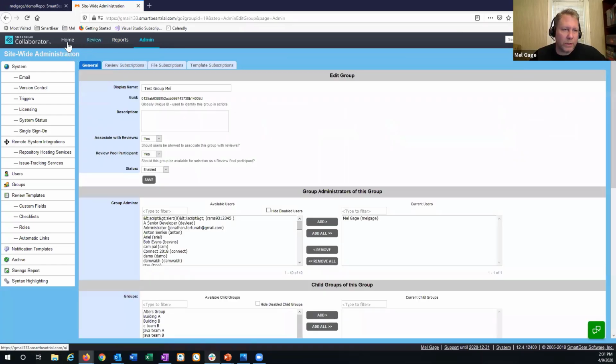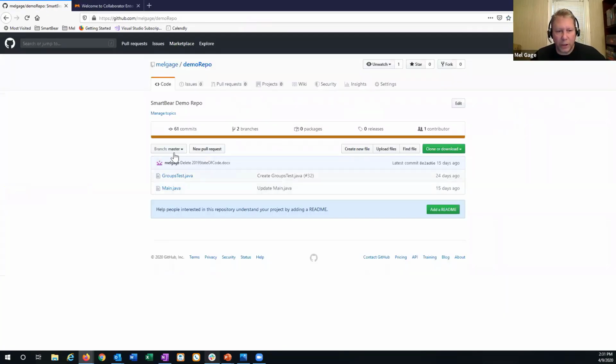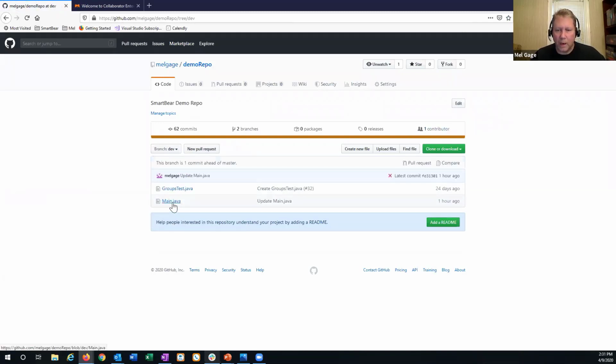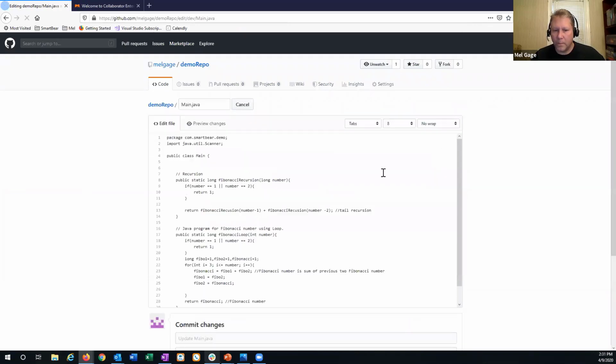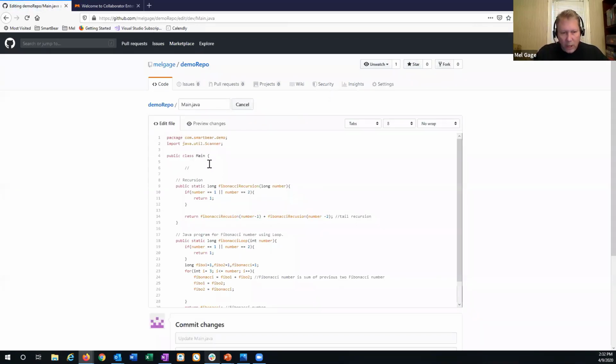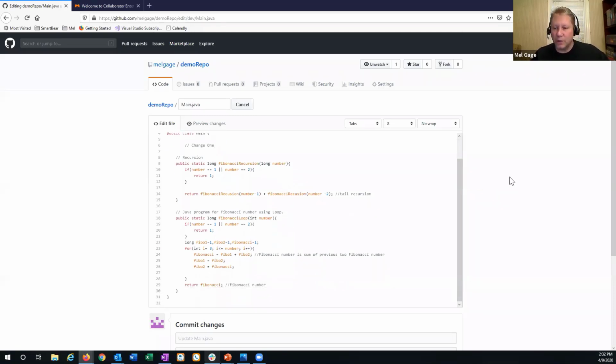So on that note, we're going to just make a quick change. I'm actually going to go to my development branch, and I'm just going to make a quick edit on my file. And we're going to create a pull request. And we talked about those Collaborator repository integrations. So I'm linked here in GitLab directly back to my Collaborator server. All of this is going to generate a review seamlessly through webhook integrations. So I don't have to do anything in Collaborator